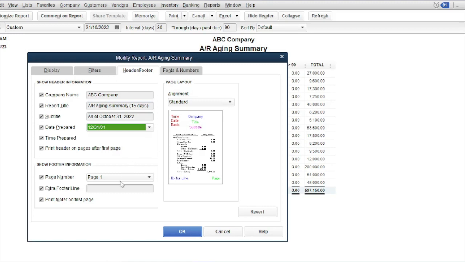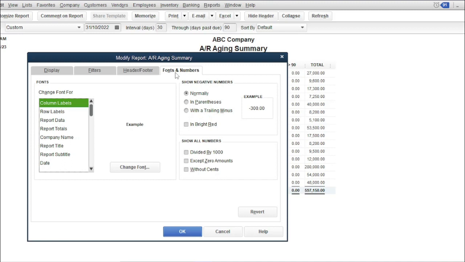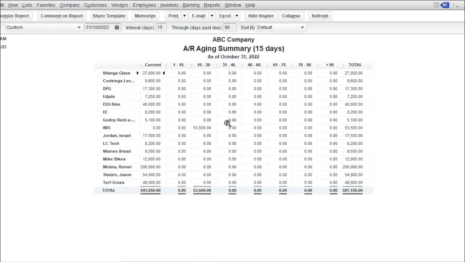Okay, then click OK. Okay, so this is your accounts receivable aging for 15 days. So this is your AR aging. We don't have any data except for IMS because we only have a 30 days or 1 month